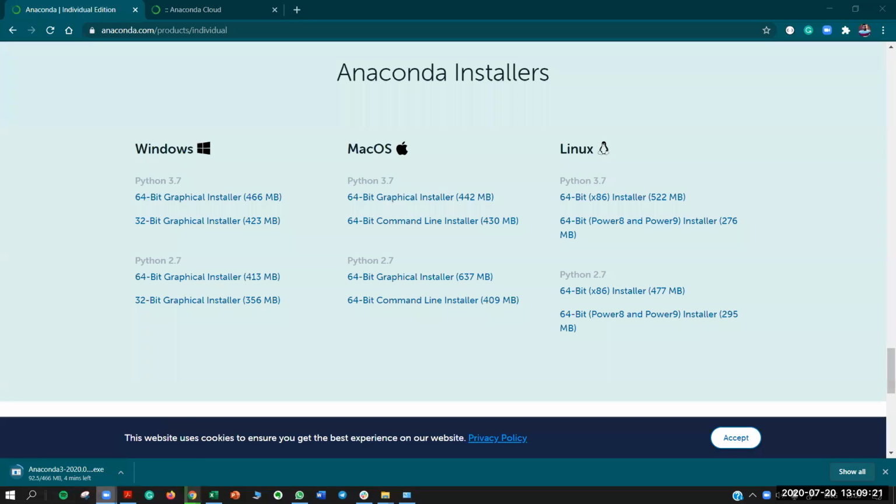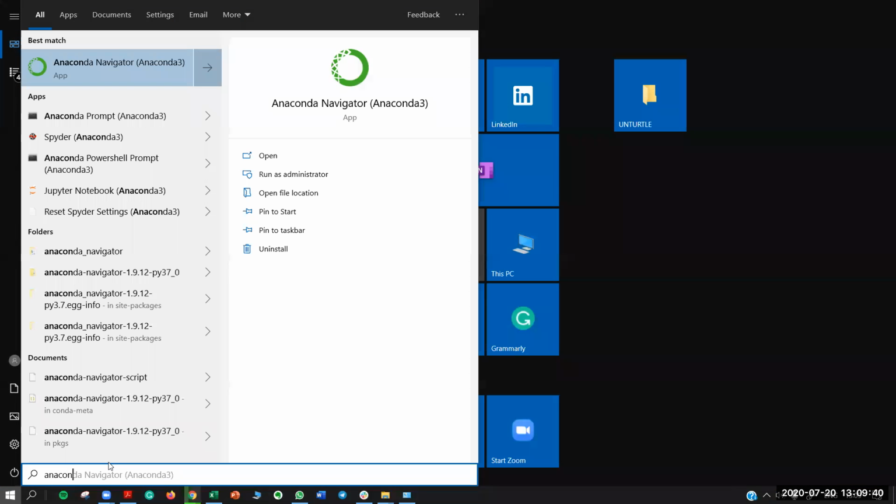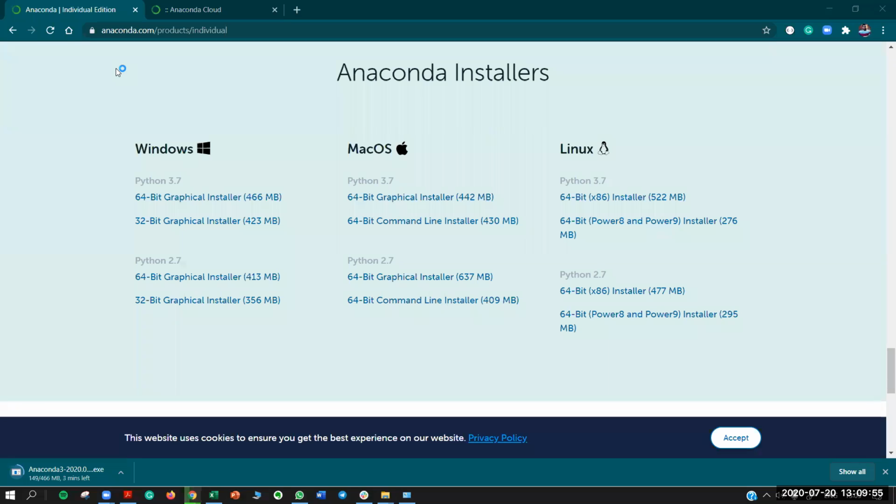So here, once you install it, the installation is pretty straightforward. That file will be downloaded. Just double click on that. Don't modify anything. Next, and finish. That should be fine. Once you download that, go to your Windows and type Anaconda. Okay. Then you will find Anaconda prompt. No need to open that. You'll see Anaconda Navigator. Okay. Once you download it, click on this Anaconda Navigator.